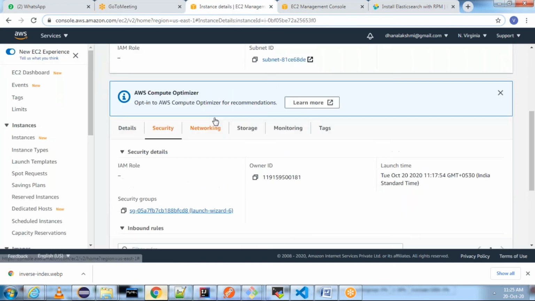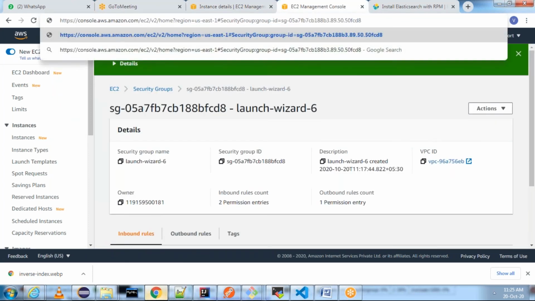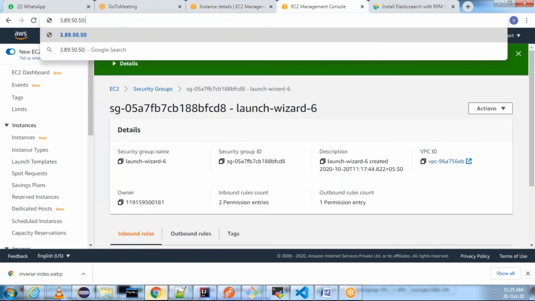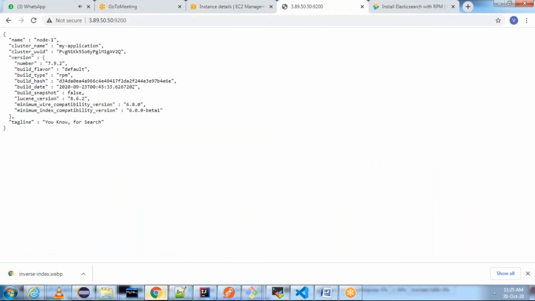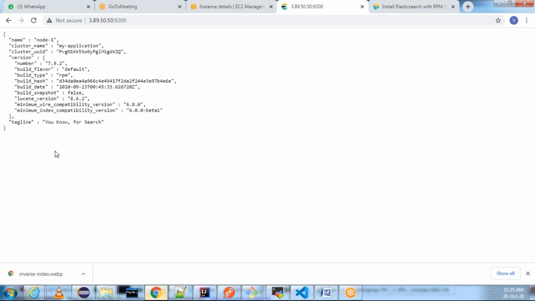Now copy the public IP, and in the browser hit server IP:9200. You should be able to see Elasticsearch cluster related information. Perfect. Now see, our node name is node 1, our cluster name is my application, and the remaining things are also present. That means our Elasticsearch server installation is done perfectly.